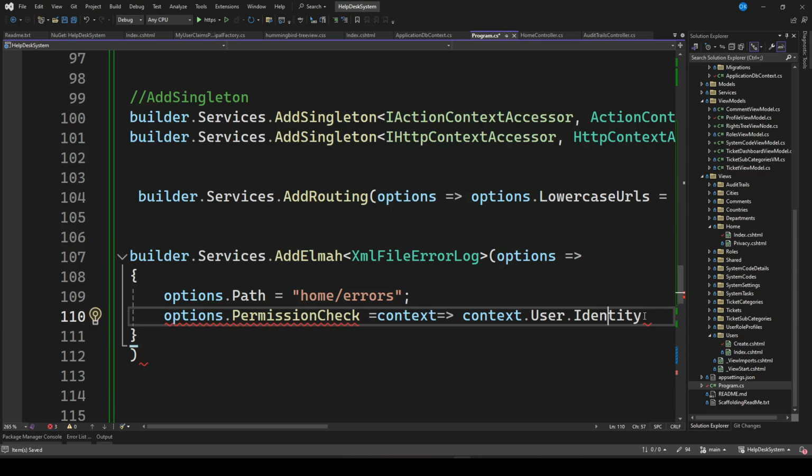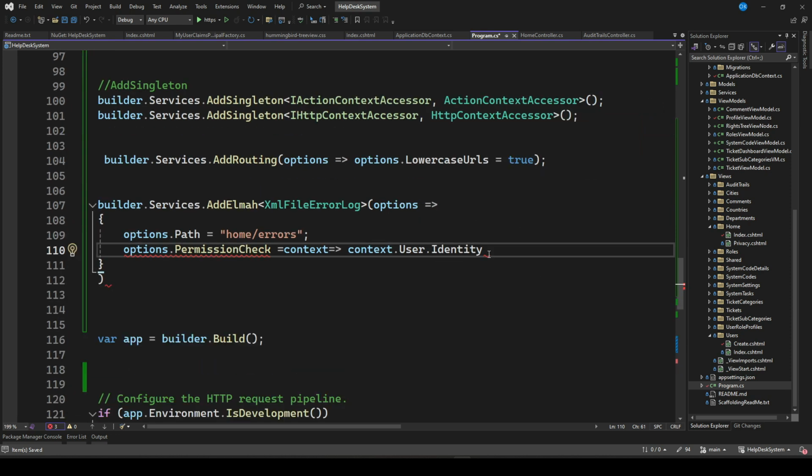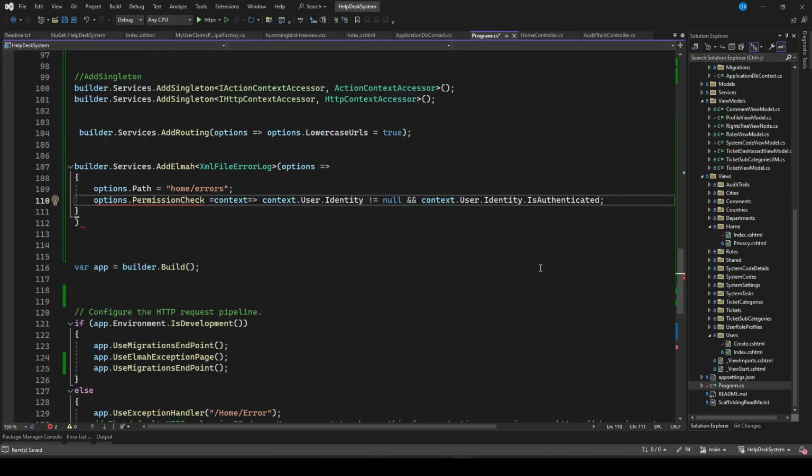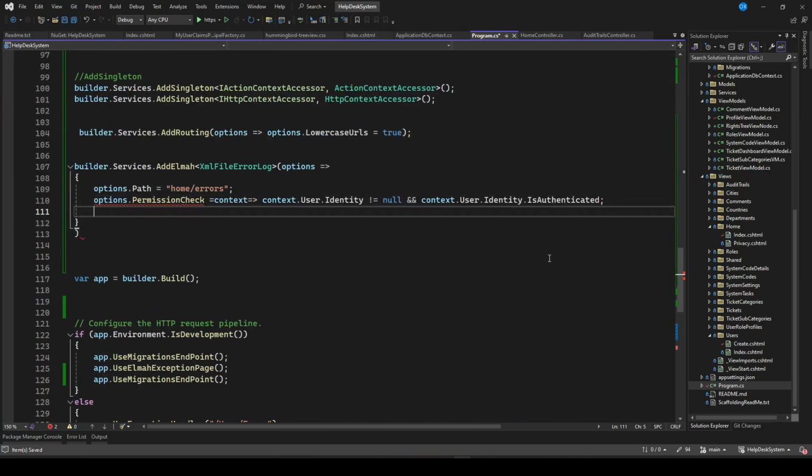Let me zoom in a bit. So identity is not equal to null. Then you can say and context. I want us to do and context dot user is actually authenticated. So if we do that, then here you can say options